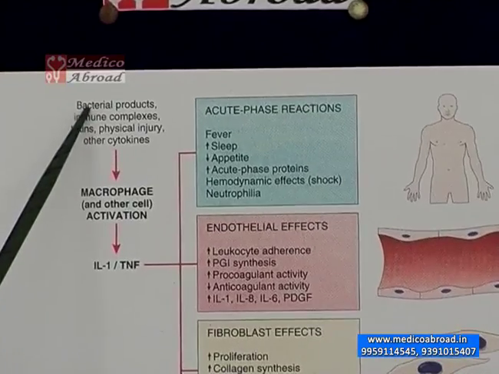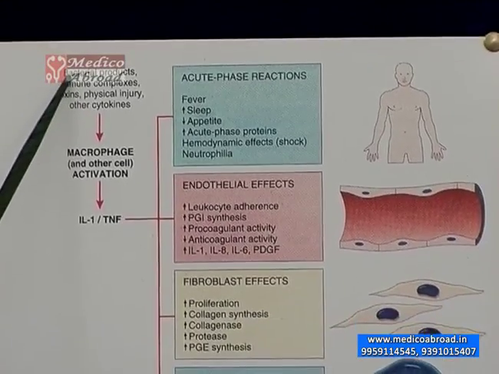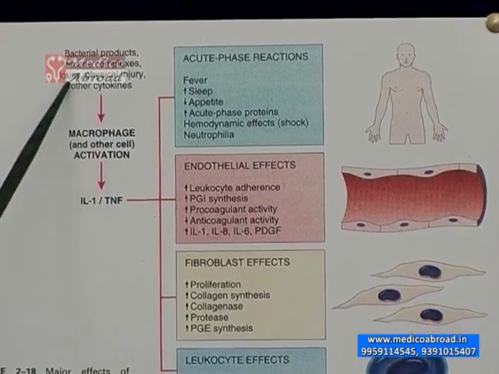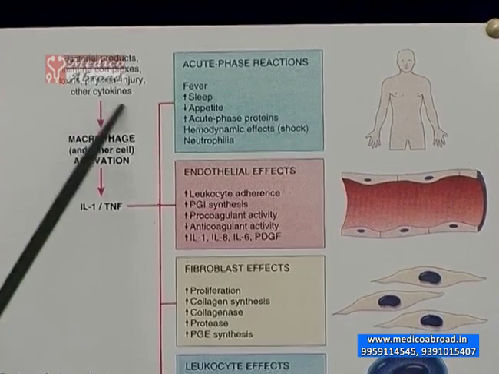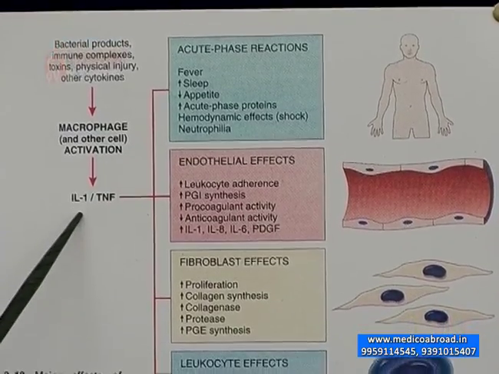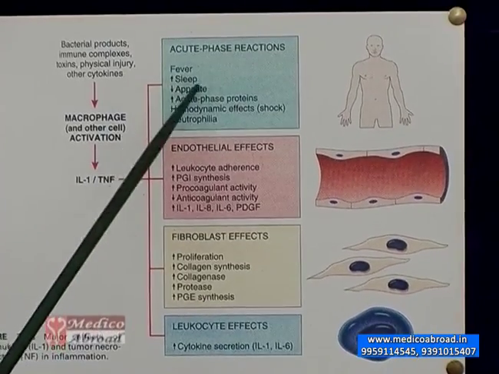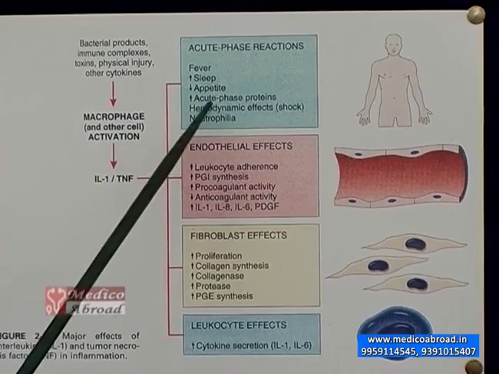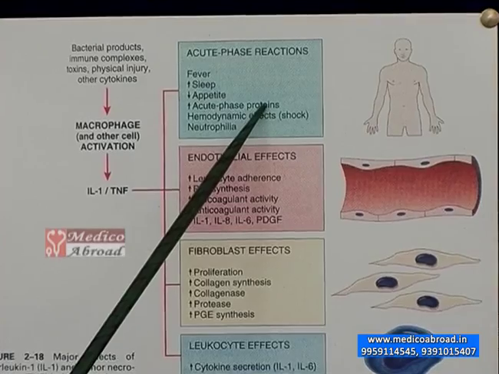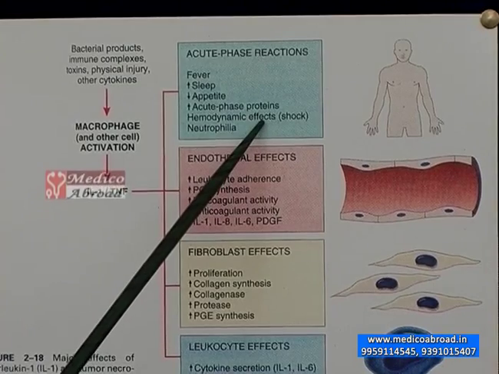Bacterial products like LPS or lipopolysaccharides present in the bacterial cell wall, other immune complexes, toxins, physical injury, and especially cytokines activate the macrophages. They elaborate substances like interleukin 1 and tumor necrosis factor, which have a role to play in fever, increased sleep, decreased appetite. There is production of acute phase proteins, for example, C-reactive protein, fibrinogen, etc. There are also hemodynamic effects. There may be a large scale